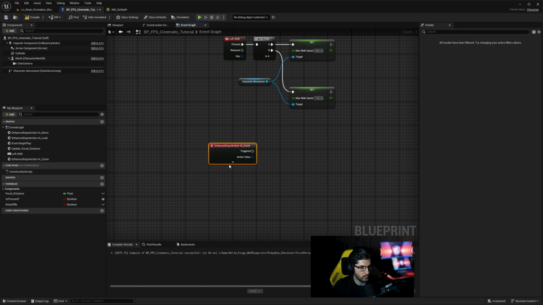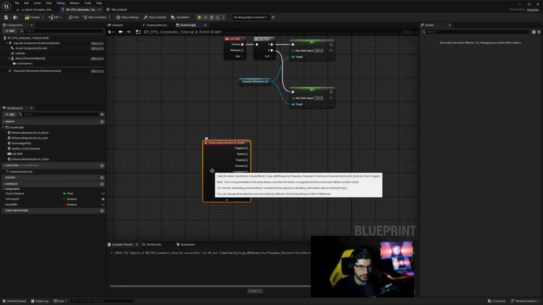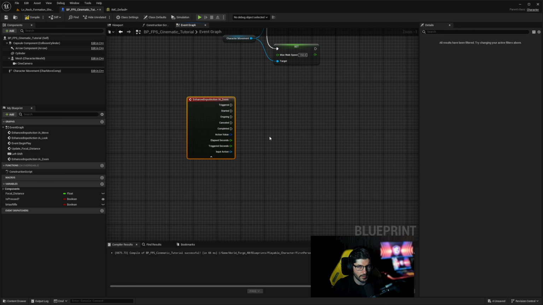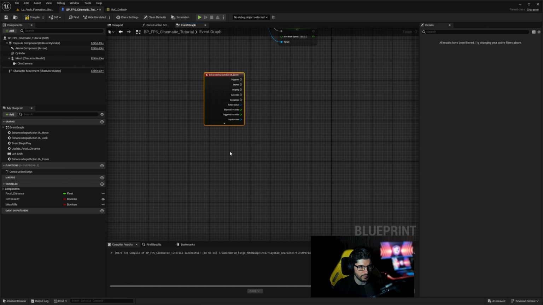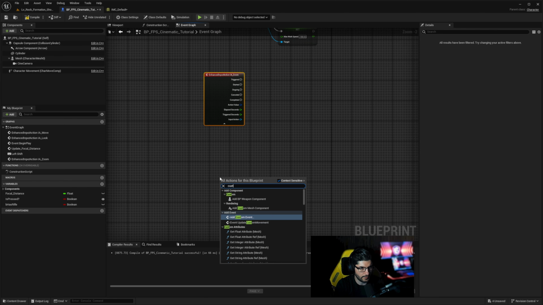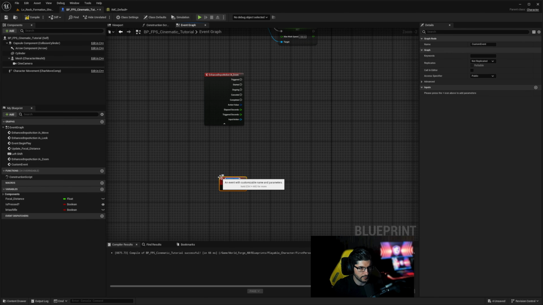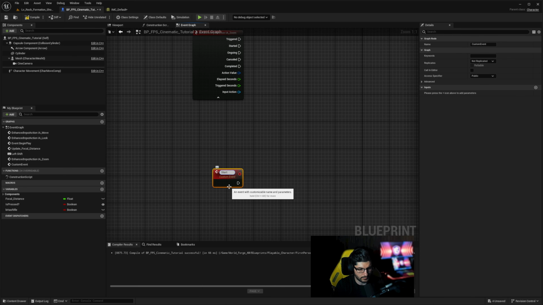Okay, so if I click over this button, we can see that we're going to have a started point and a completed point, which is very important for us to actually start our zoom. So our zoom is going to be a custom event. That means that we can right click in here and type in add custom event, and then we can call this start zoom. Okay, then we're going to press compile